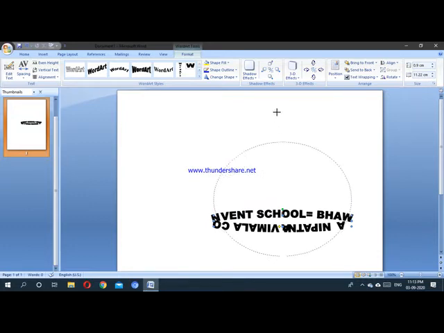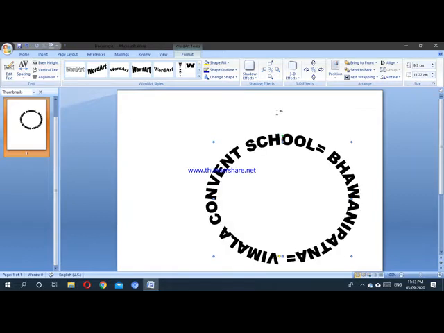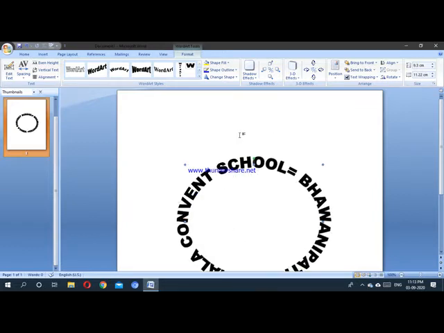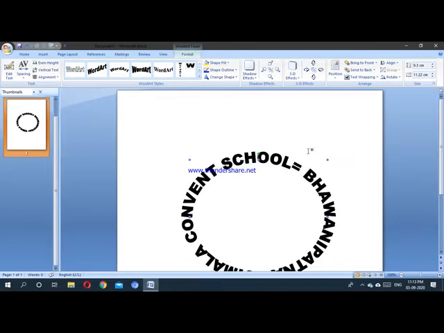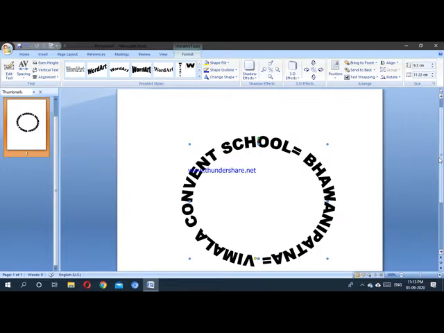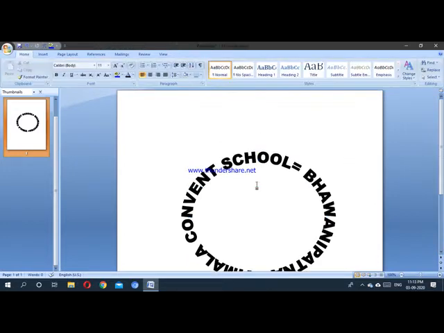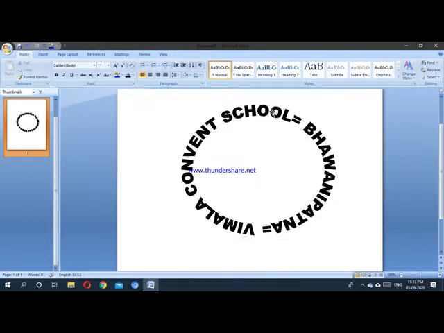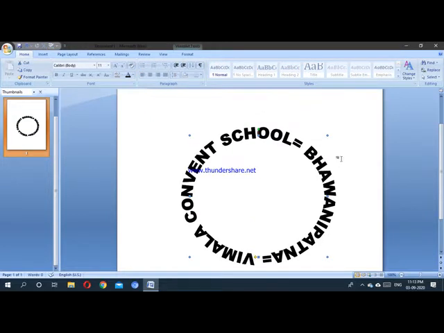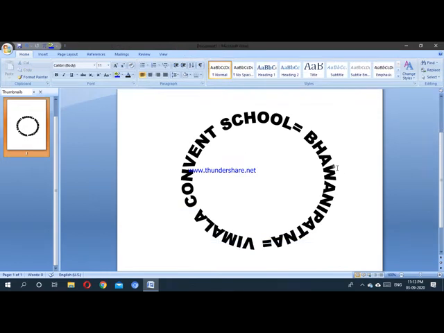This much size I want, so I am doing it. Now it will become a circle. You can drag it anywhere by holding the left mouse button. I am just keeping it here. I think I have to go up a little bit again to make it a complete circle.